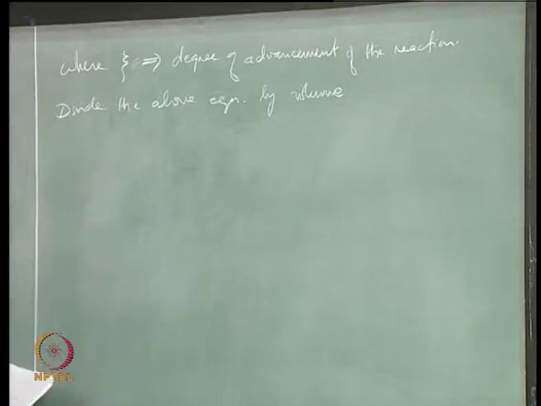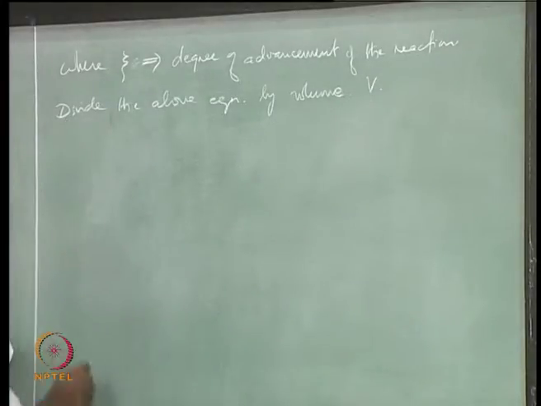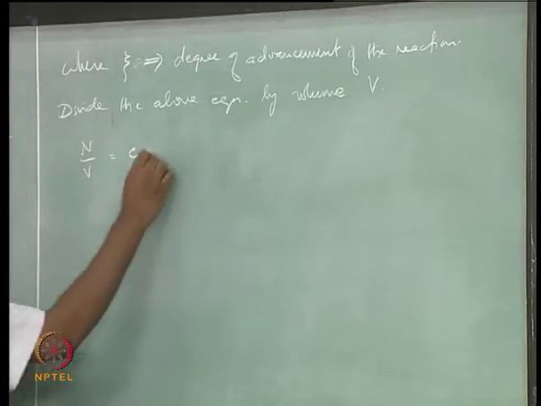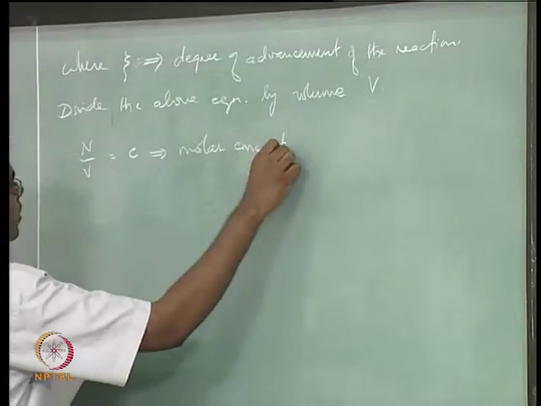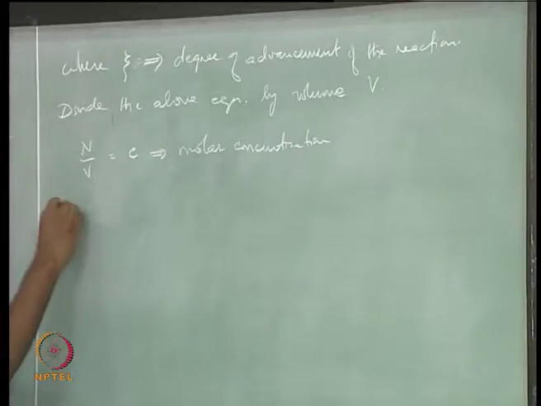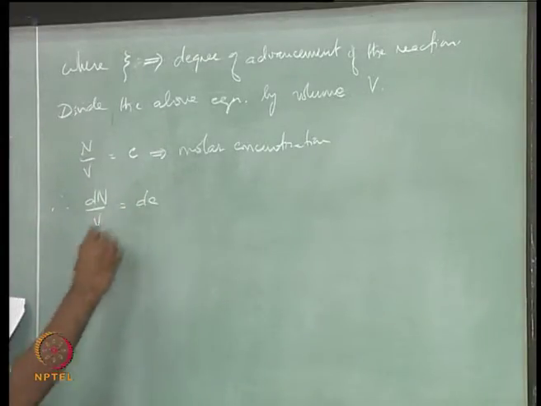That means you now look at whatever is happening per unit volume V, right. So N over V is equal to C, which is the molar concentration, therefore dN over V is equal to dC,